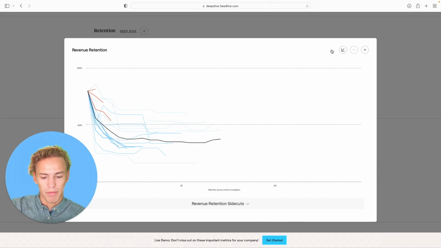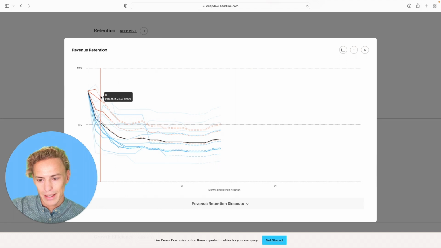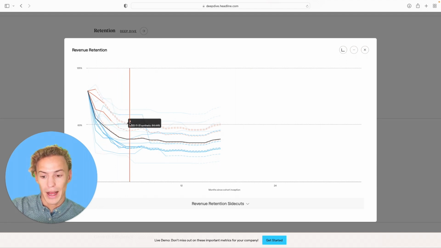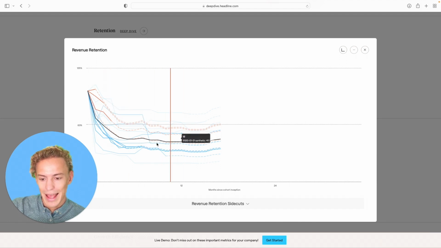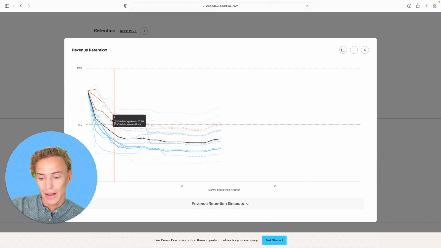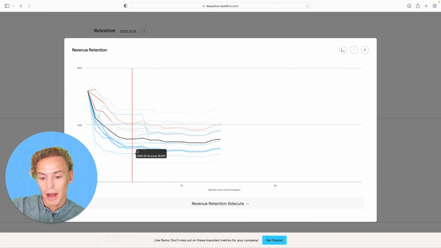Another feature that we have built out here within Deepdive is what we call synthetic forecasts, which you can click here on the little show forecast button, where we embed these little dotted lines, which are what we call headline synthetic forecasts, where we take the historical weighted average, the black line, and extend cohorts where we don't run out of data, and given that they've only been around for 1, 2, 3, 4, 10 months,